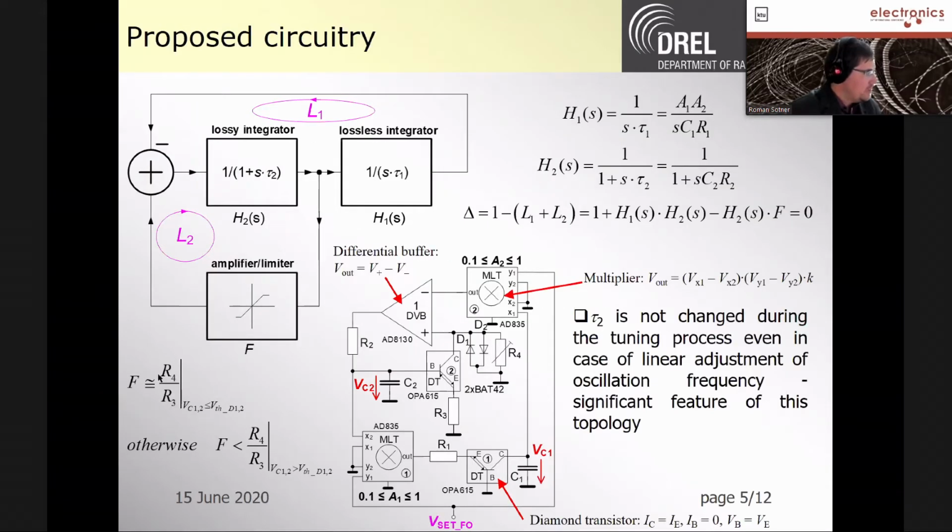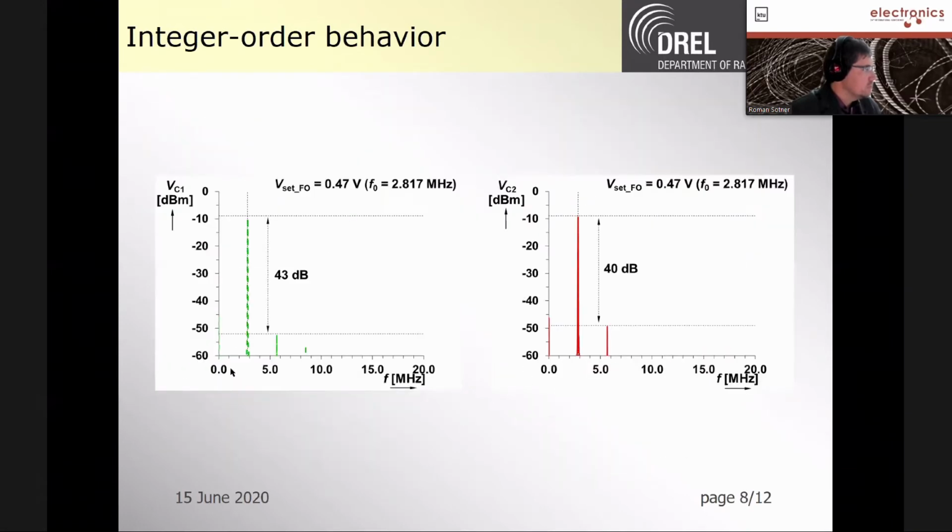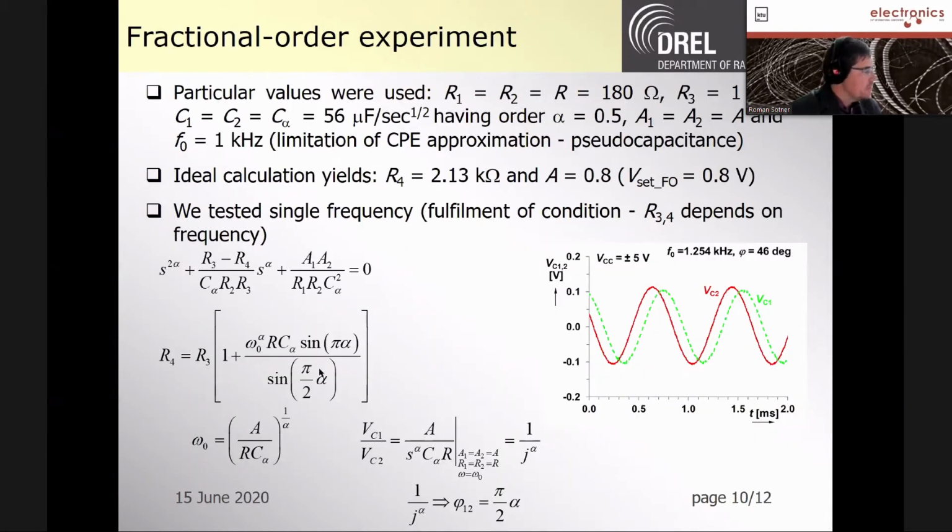Now it is determined by a resistance ratio, but in some cases we can use, instead of this block, also some variable gain amplifier and so on, as we show also in our next work. That compensation doesn't have an effect on the frequency, and the oscillator is working in some range of tunability. Again, the frequency is also given by a variable gain A, but unfortunately there is this relation in the condition. As we can see from the analysis of the transfer between voltages across the capacitors, there is really a phase shift dependent on the order.